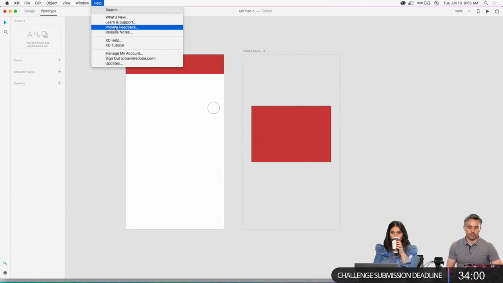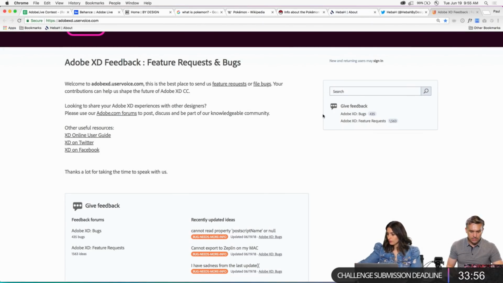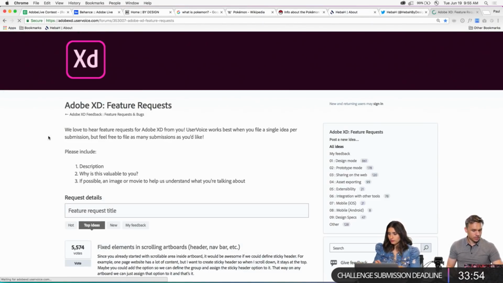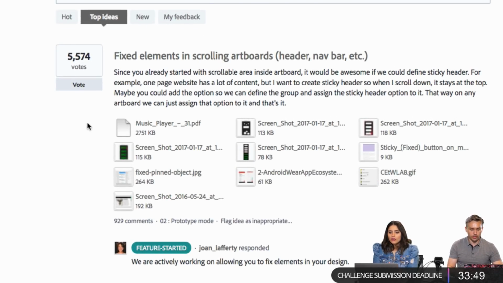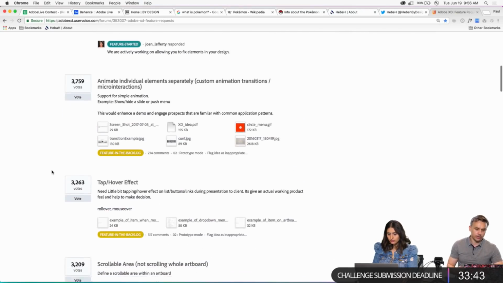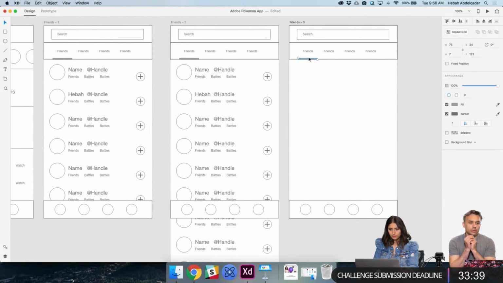Let's see the status of that. Fixed elements, the top feature. We could go ahead and mark it as completed, it's done. And other elements and feature requests are in there.